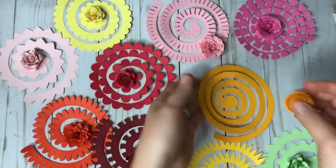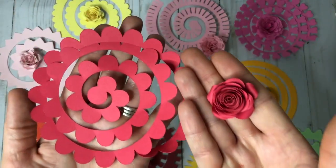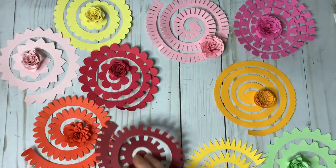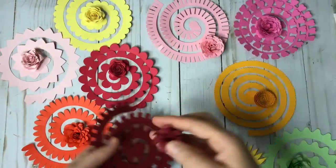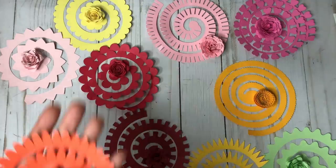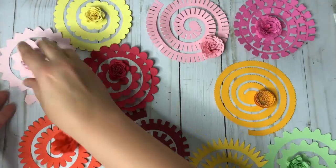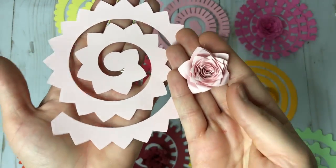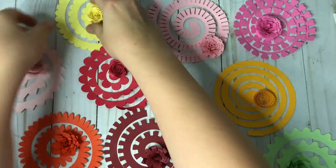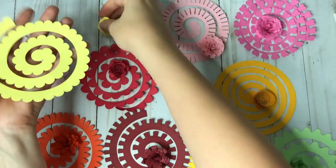Like I said, I have no clue what that is. We have this one here. I really love the roses, super cute. And here's another one. Like I said, I think that's like a carnation. Here is this one. I really like those. And there's this one here, so it has more of the sharper points. And this one here. So now, like I said, with the red and the yellow, you can see the difference